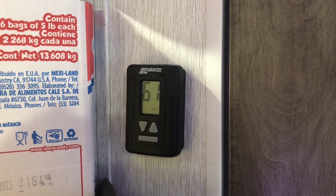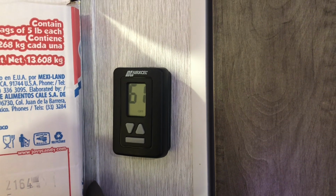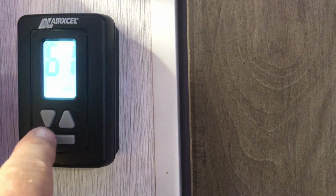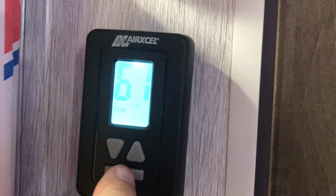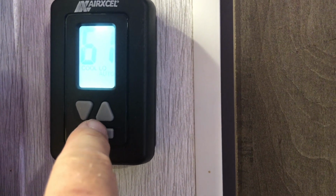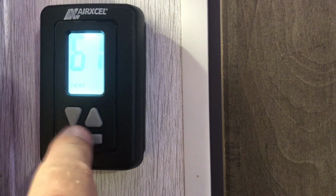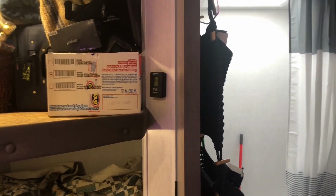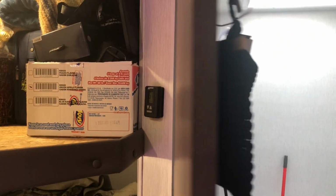Yep. And there is the XL air cell heater. What's that? Thermostat. And then it has, this is the off position. And then when you hit it, it lights up. And then it says fan low, fan high, cool high, cool low, auto, cool high auto, and then heat, and then it goes back to off. And then it turns itself off. So the nice part about the thermostat, it controls both the heater and the air conditioner. You don't have to get up and turn one off and turn the other one on. So I like that. And then there is a place there for a TV backer, but I don't have one